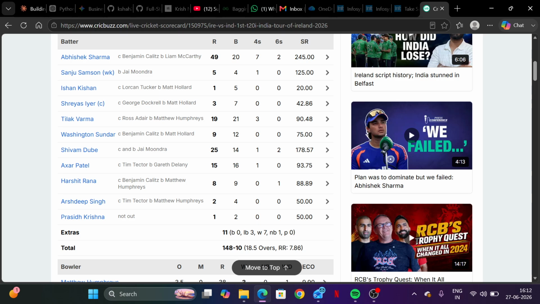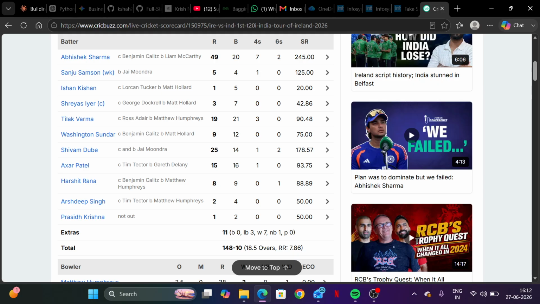After that, Washington Sundar scored 12 off 9, which I discussed with you. Shivam Dube scored a good two-three knocks against spin. But still, I would doubt Shivam Dube on playing pace. I know Shivam Dube played a very good knock in the World Cup final also, and throughout the World Cup he played well. But still, according to my analysis and what I have been covering in the game, he's still struggling against good fast pace bowlers.